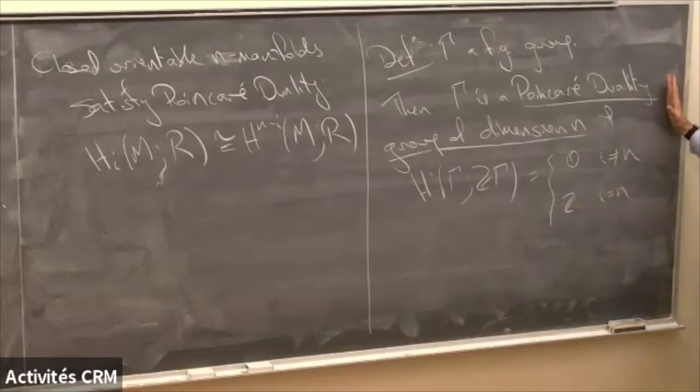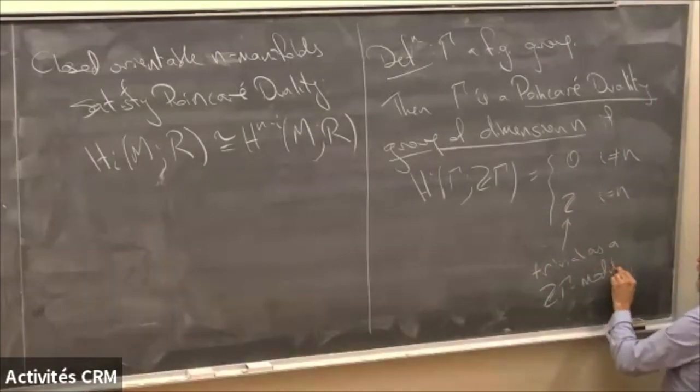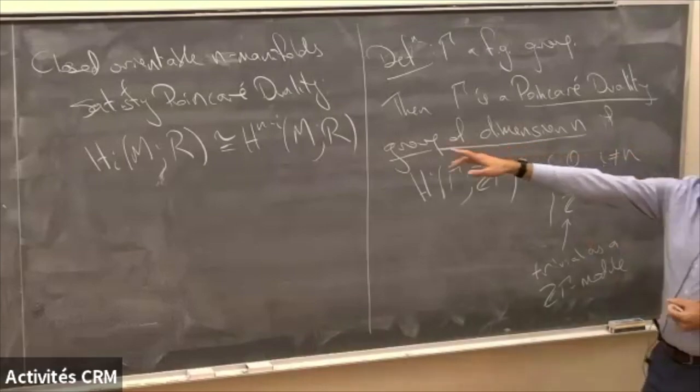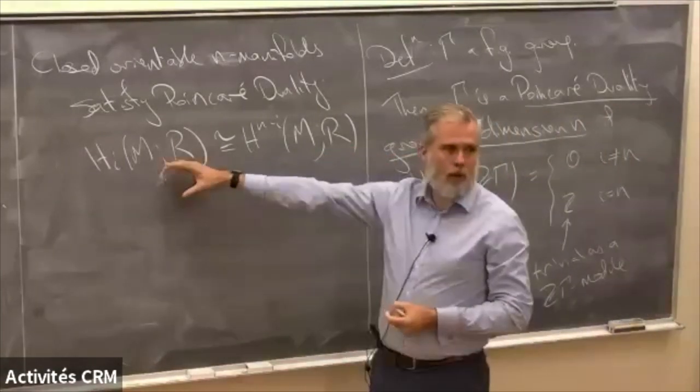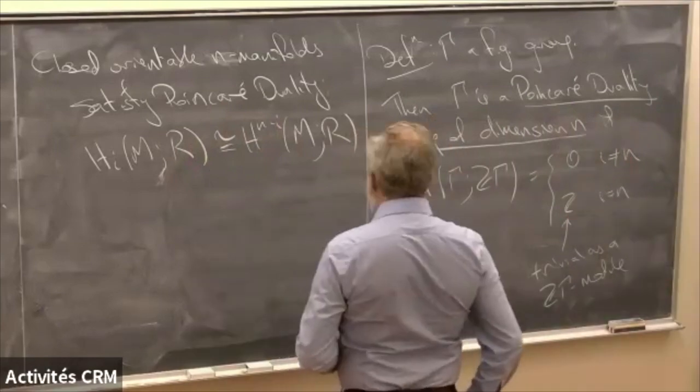And I'm going to consider all of my Poincaré duality groups to be orientable. I'm thinking about orientable manifolds here. So this Z is a Z Gamma module, and it could be a trivial or non-trivial module in general. I want it to be trivial as a Z Gamma module, so Z Gamma is going to act trivially on Z. If you have the fundamental group of a non-orientable manifold, it doesn't satisfy Poincaré duality with Z coefficients in the naive way, and you have to think about the action on the orientation module, and that's non-trivial. So non-trivial here corresponds to non-orientable manifolds, and that's the last I'll say about that. So this Z is just Z, a trivial module.